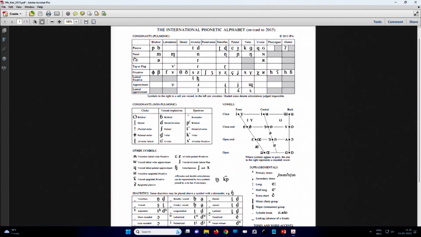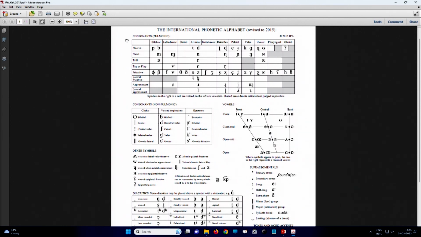Here you can see that these are the manners of articulation. I have already discussed manners of articulation, which means the process in which the air is blocked in the mouth and then taken out. And these are the places of articulation, which means the place where the air is blocked before it is released. This is the case for consonants. And you can also see the vowel chart here, which I have already discussed in the last class. So, the vowel chart also shows the places of articulation. Along with that, we have some other diacritics which I will talk about after some time.